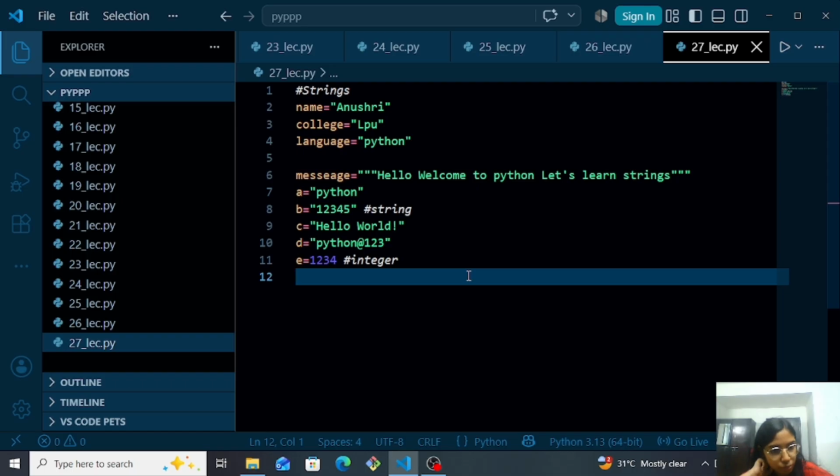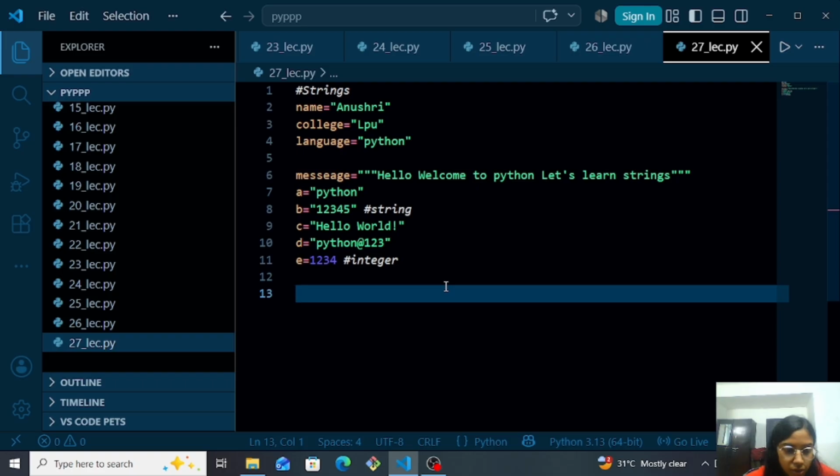So we have got an introduction about strings. Let's start with a string index. So now let's say I have this string, word is equal to